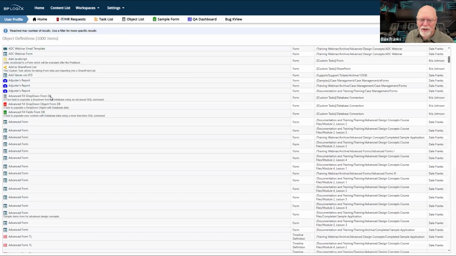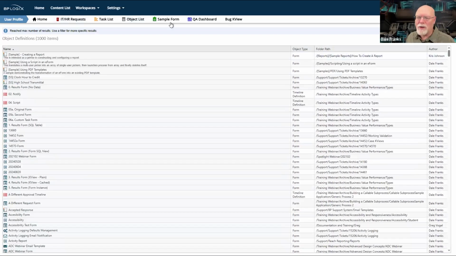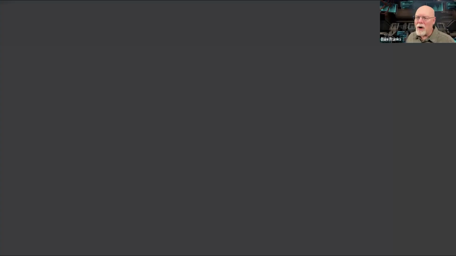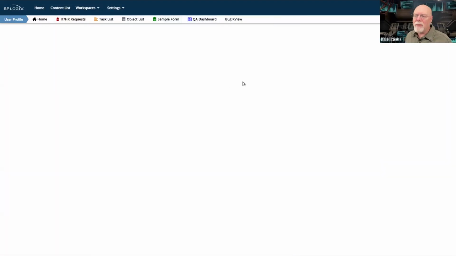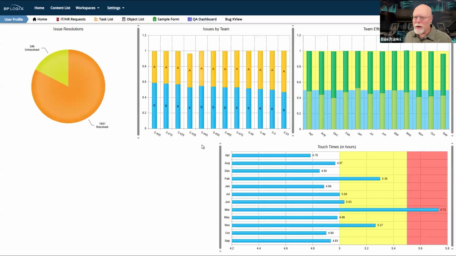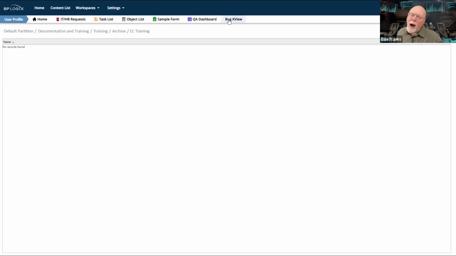So this is just a list of a whole bunch of forms or other objects that I'm allowed to run. There's a sample form that I can pop open here. I don't even know what the sample form is, and we don't really need to look at it, but here's another dashboard, the Q&A dashboard. So this is what I have access to in the system. So from a UI point of view, I don't really have access to the content list and I can't change anything.